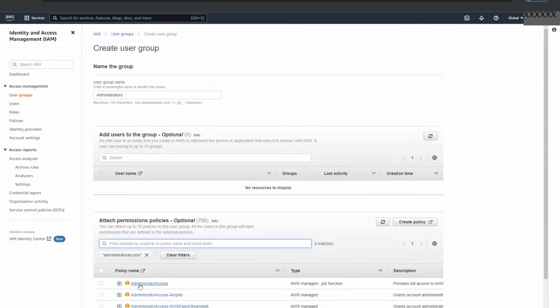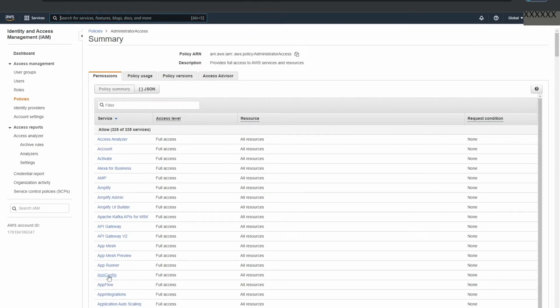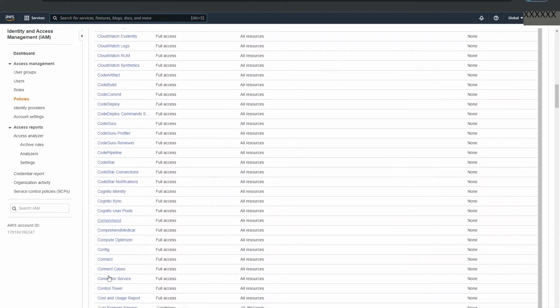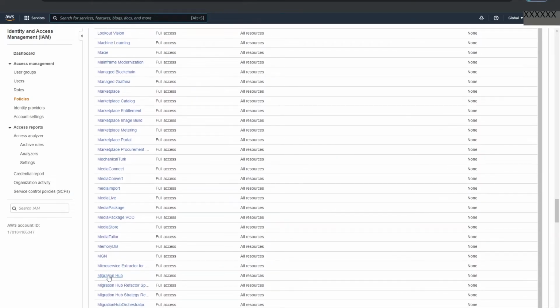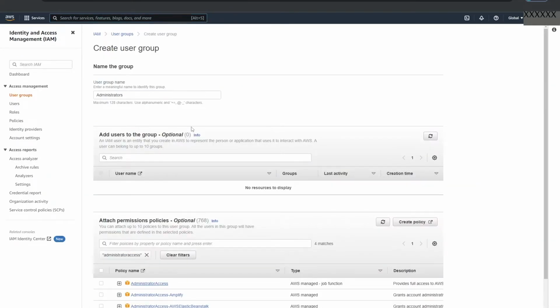I can click on this access. If I scroll down, I can see the various services that this policy has permissions to. I can also see the access level and what resources the policy can access. I'll close this window and return to the console.